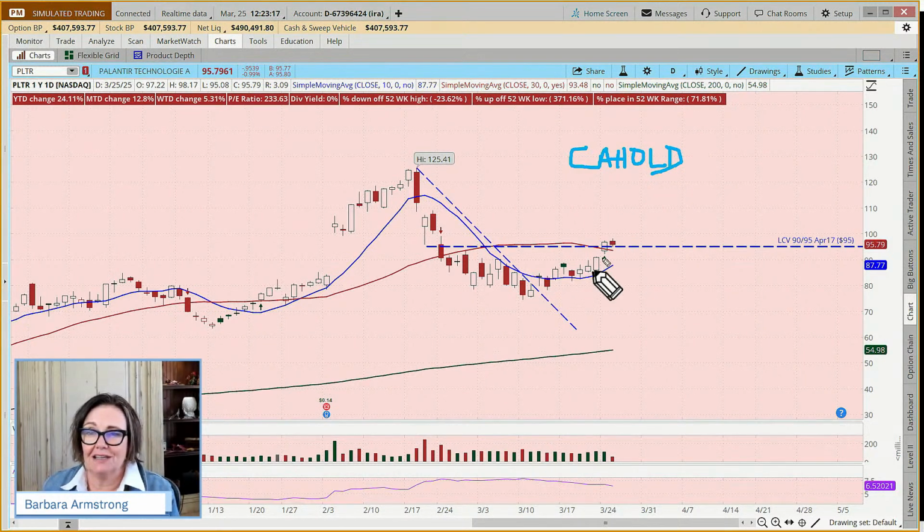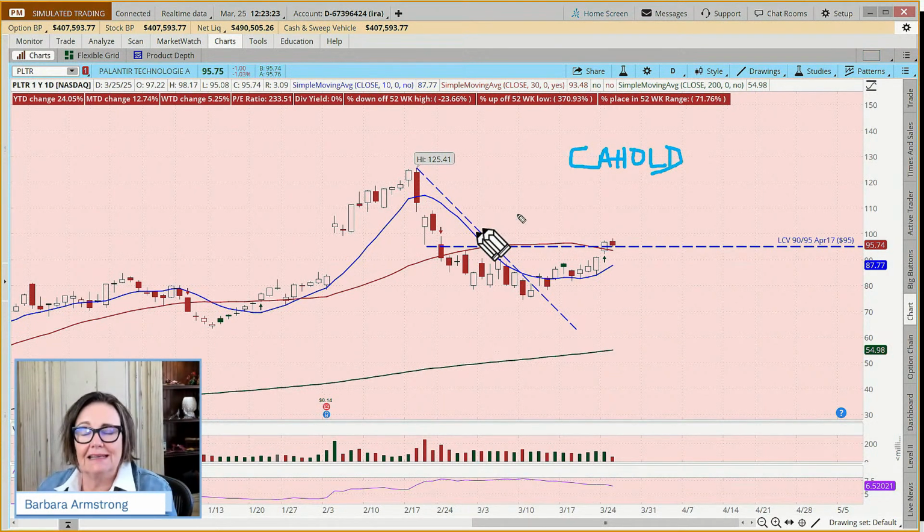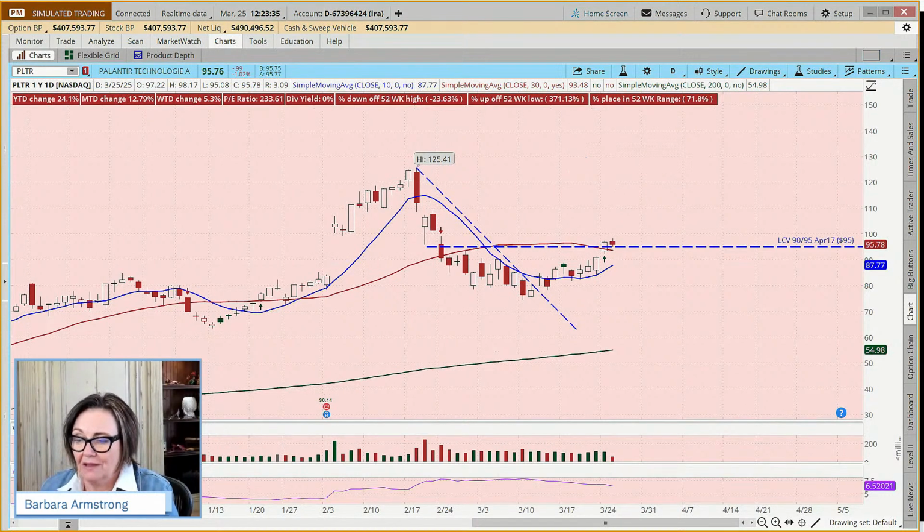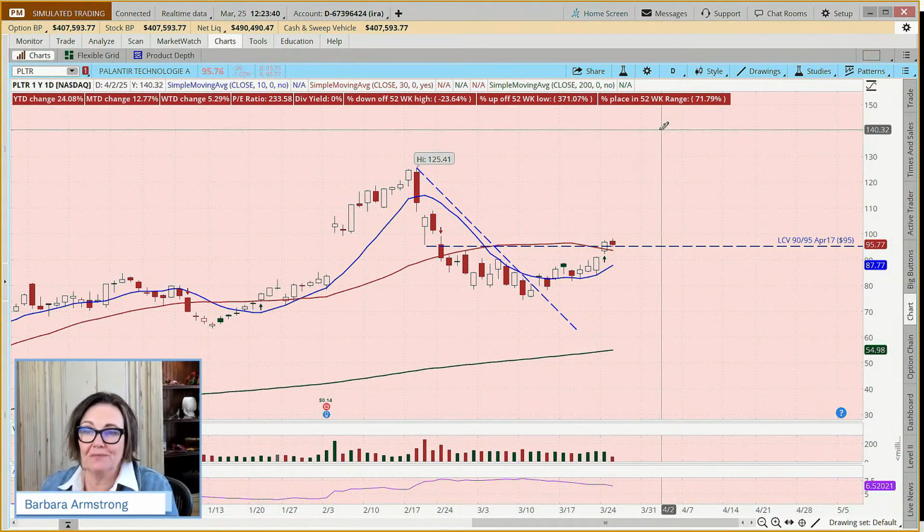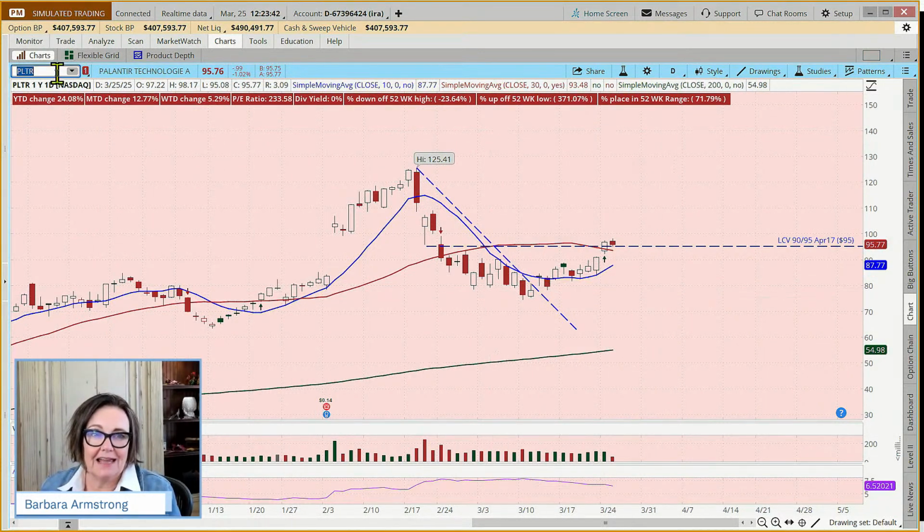Or you might just say, I believe in this company and what it does. And if in fact that's how you feel about Palantir, it is a tech stock, and tech has been leading the charge for a lot of the last several years, but it also brings more volatility with it. And not to say that it couldn't be in for rocky times ahead. Okay, let's look at some other setups.